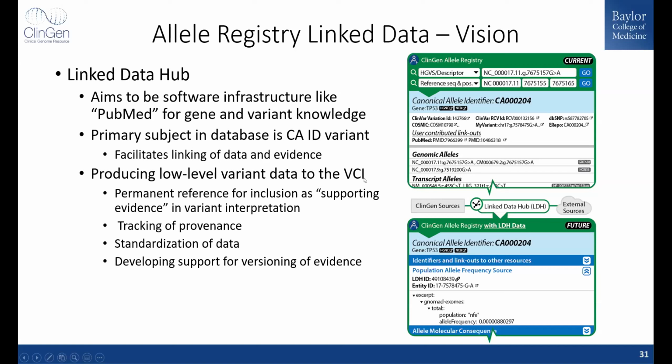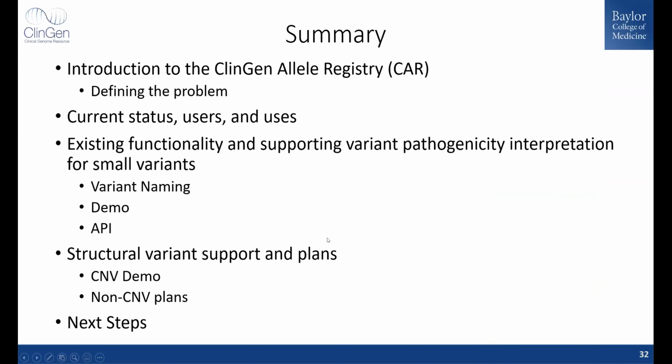And then producing low-level variant data to the VCI and other entities. So between the Allele Registry and the Linked Data Hub, we want to have this permanent reference for inclusion, for supporting evidence and variant interpretation, tracking of provenance, standardization of data, and developing support for versioning of evidence. So in summary, I introduced the Allele Registry,